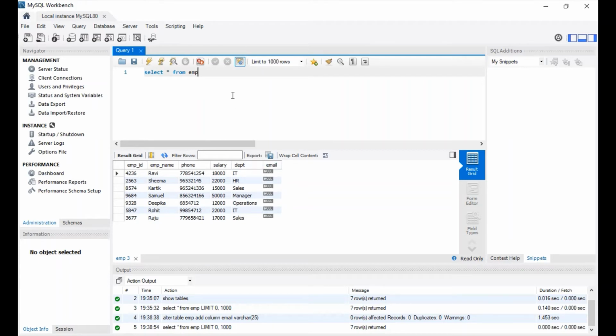Let me show you how to insert a column at a specific place.